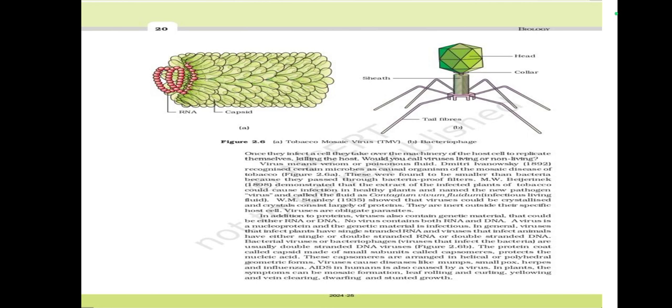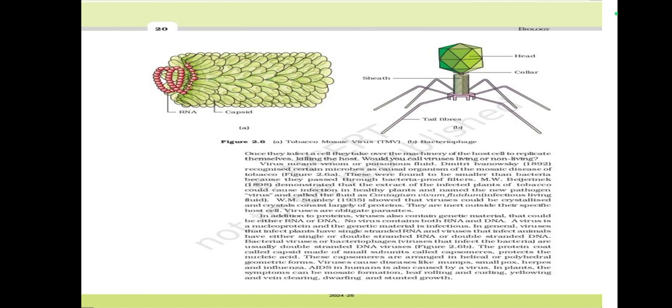Bacterial viruses, or bacteriophages, are viruses that infect bacteria. The protein coat is called the capsid, made of small subunits called capsomers, which protects the nucleic acid. These capsomers are arranged in helical or polyhedral